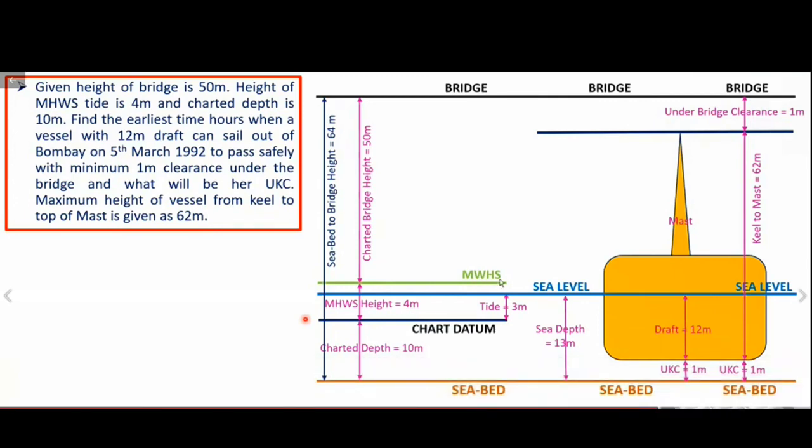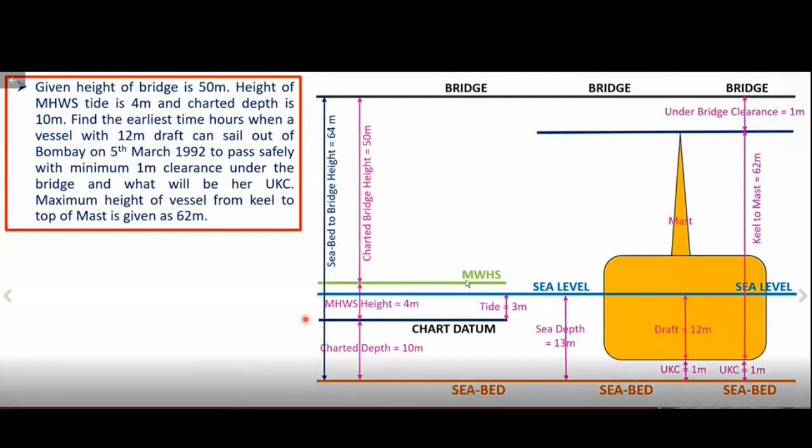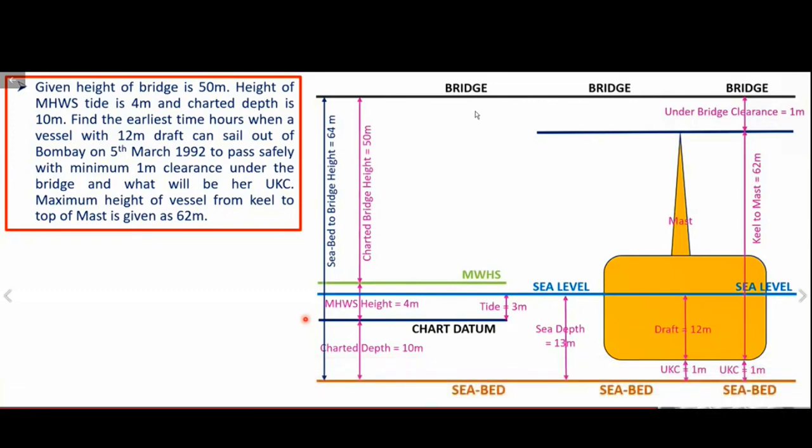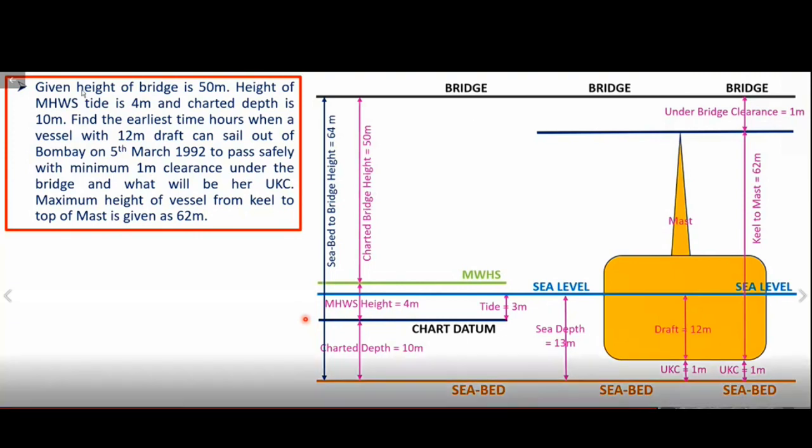HAT बेटा कुछ चार्ट्स में यूज होता है, स्पेशली द ओल्डर चार्ट्स जिनका पुराना एडिशन अभी भी यूज में है, वहाँ पे HAT यूज होता है। बट मोस्ट ऑफ द न्यू चार्ट्स, द लेवल विच इज यूज्ड एज ए रेफरेंस फॉर द ब्रिज हाइट्स इज द MHWS। एंड सेकेंड इंडिकेशन बेटा आपको क्वेश्चन से मिल जाएगी। अगर उन्होंने क्वेश्चन में हमें MHWS की जगह HAT दिया होता तो हम अपना रेफरेंस लेवल HAT रखते। सो दैट्स वेरी स्ट्रेट एंड सिंपल।